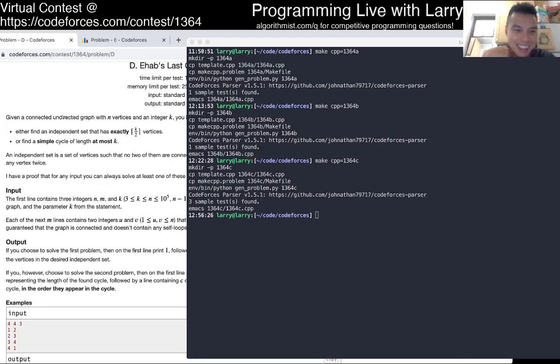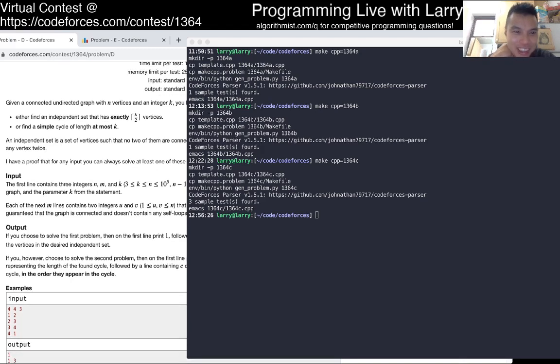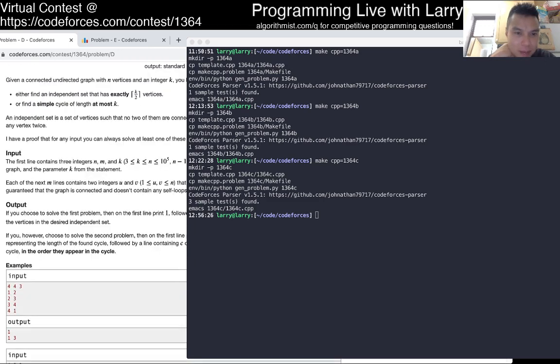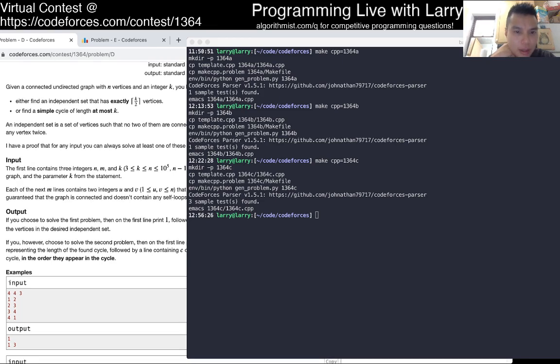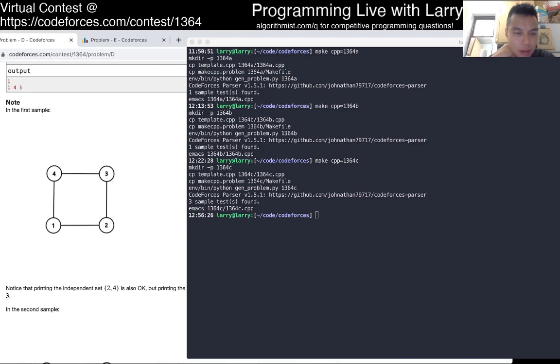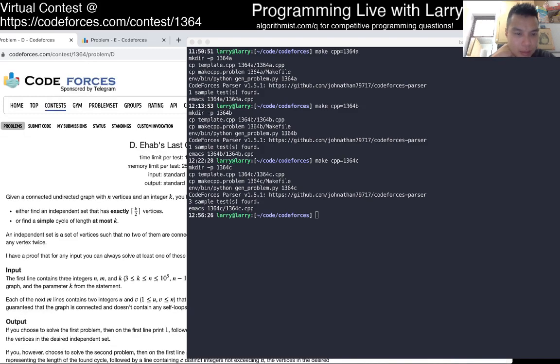But the question is, just knowing that it's depth first search doesn't really solve the problem enough. Simple cycle of length at most k. So maybe, let me think about some induction thing.